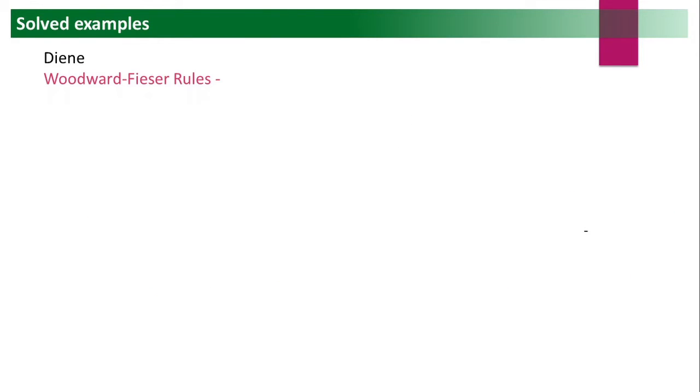Now we will apply these Woodward-Fieser rules for the diene system for solving some problems. So we will take one of the easiest examples. Suppose this is an isoprene unit. So this is our basic unit, that is butadiene, right? Butadiene मी रेड मध्ये दाखवलं तुम्हाला समजावं म्हणून. जनरली एक्झाममध्ये किंवा बुक्समध्ये असं काही कलर दाखवणार नाही, तुम्हाला तो आयडेंटिफाय करावा लागेल. Okay, so isoprene unit, this is the butadiene.